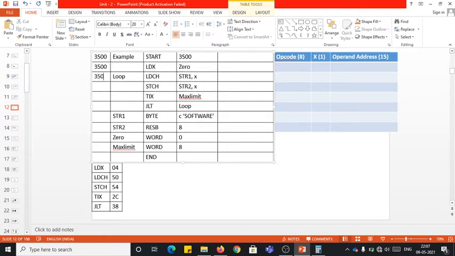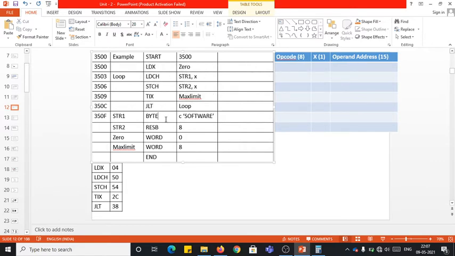So I'll say 3503, again 3506, again 3509, followed by 3509 plus 3, which is 12, and 12 is nothing but C. Again C plus 3 is 15, and 15 is nothing but F, so 350F. Like that we assigned only 3 bytes for the non-assembler directive instructions, because of this format.